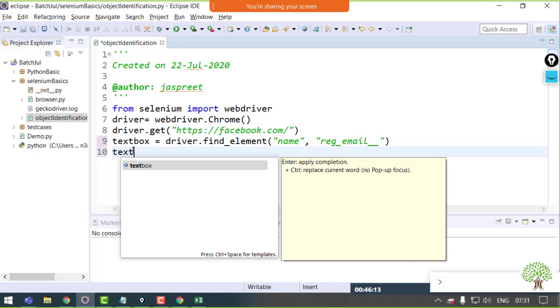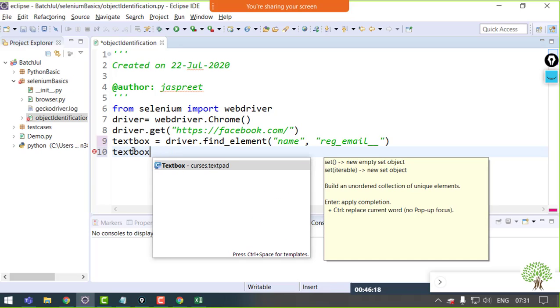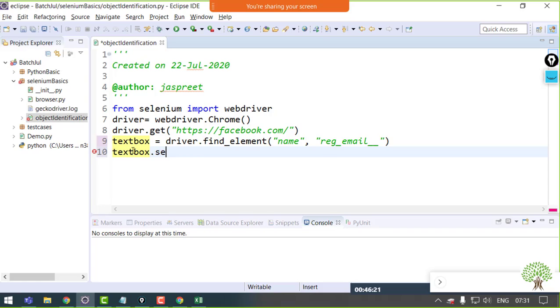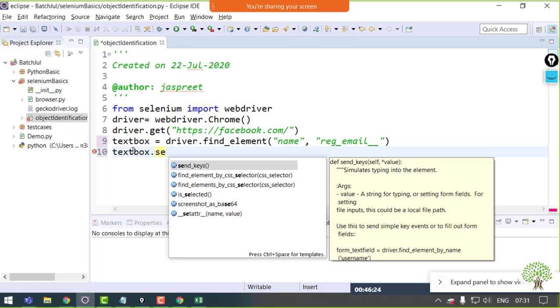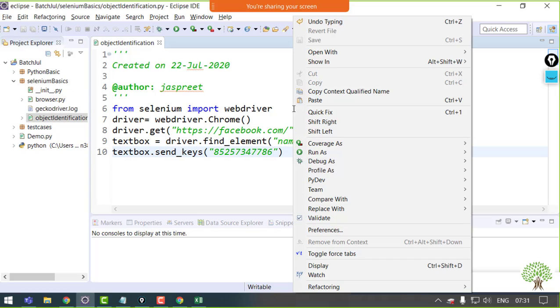I'll say text box dot send keys. Whenever I have to send some data inside a text box, I use this send keys function. It is one of the generic functions I showed you. Whatever I want to send, like a random number, I can put over here. Now I'll run it as Python run.